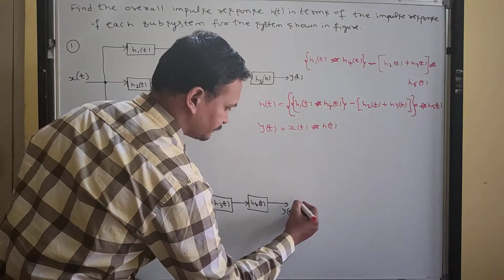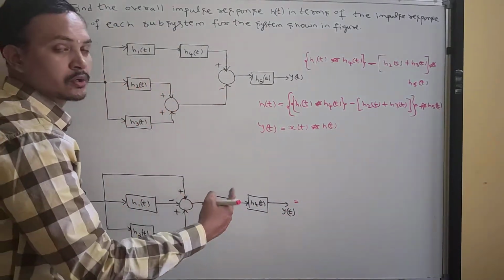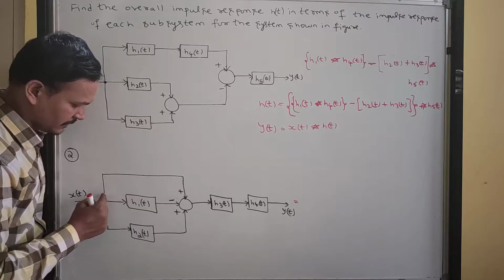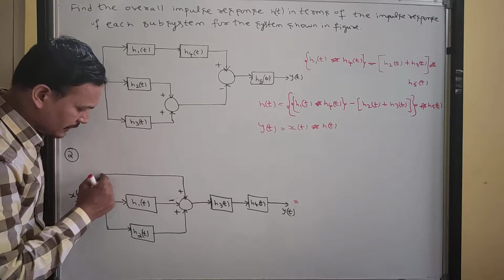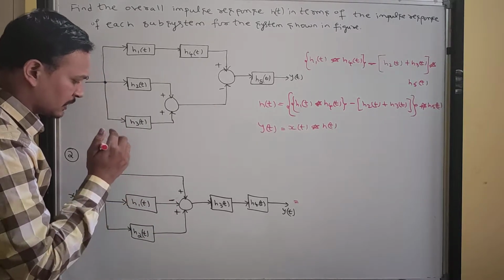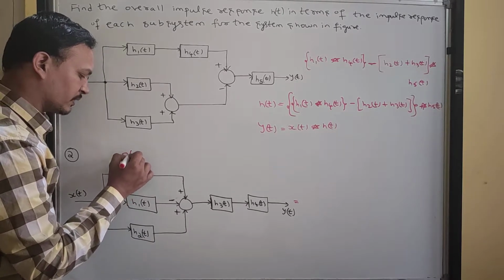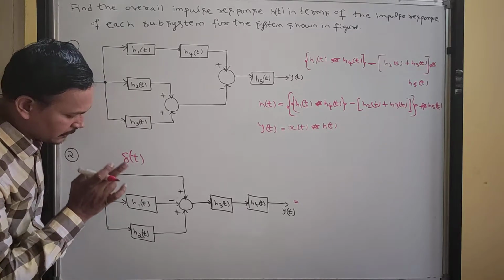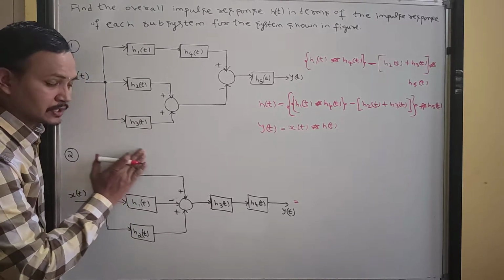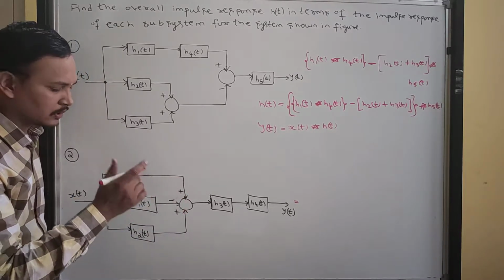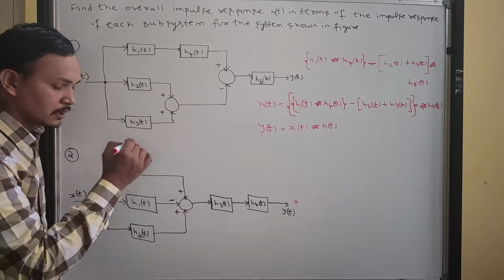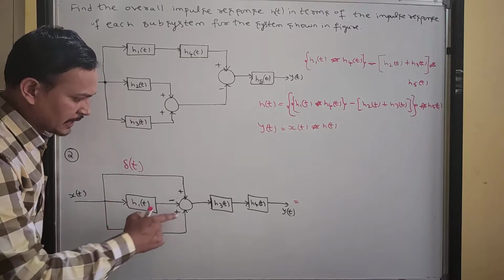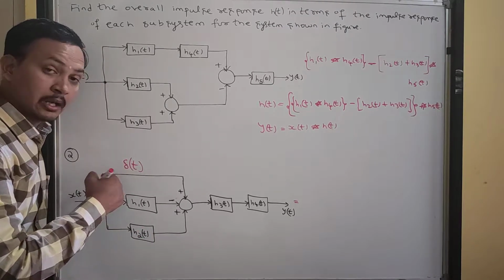Next is the second problem. Similarly for this one also you should write the equation. Now look here. I have written a constant line. Whenever I write a constant line, it means that particular line is δ(t), and δ(t) is the input. Next h1(t), δ(t), h1(t), h2. In the actual problem they won't give this; they will simply write one line. One line means you have to consider that it is δ(t). If it is continuous time, you write δ(t). If everything is given in discrete time, then you write δ(n).